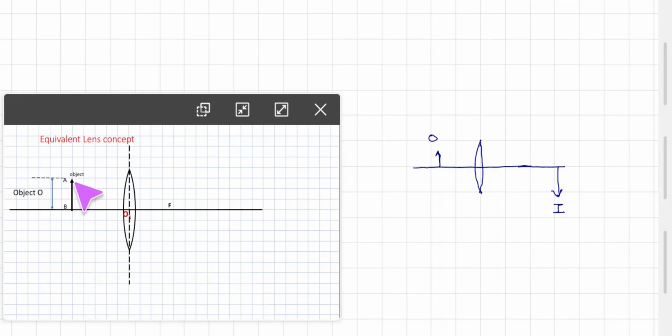So object O is placed here. Say AB is that. Now when rays travel from object A, this is a parallel ray to optical axis, and this is another ray which is passing through optical center. We saw after refraction it intersects at this point. See, observe here, the rays are passing. After refraction they intersect at this point where image formation is done.